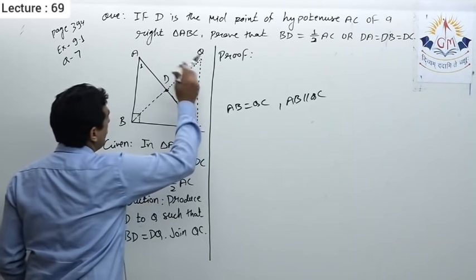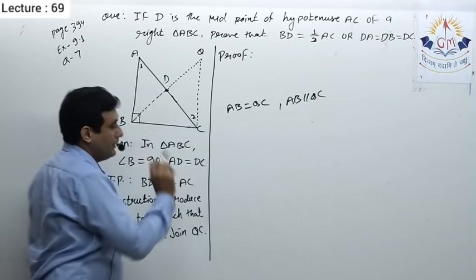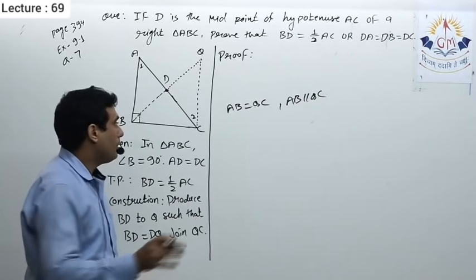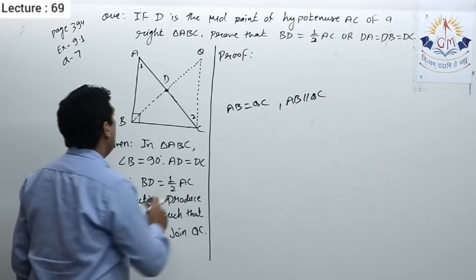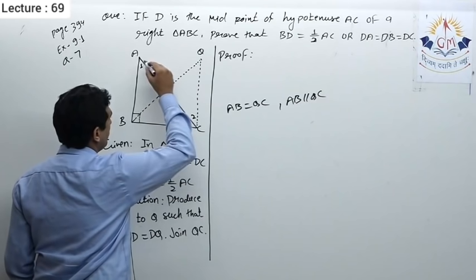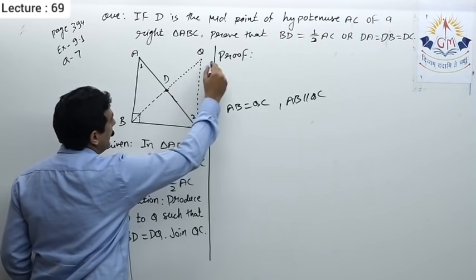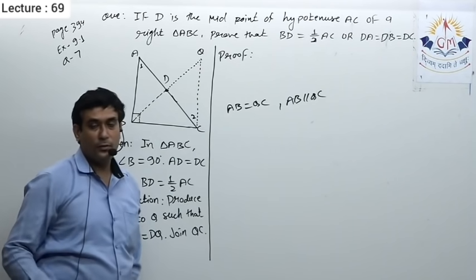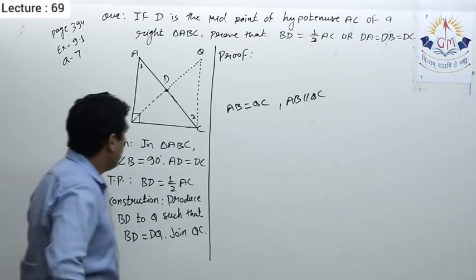As soon as we say it's a parallelogram, also one angle is 90 degrees. A parallelogram in which one angle is 90 degrees is called a rectangle, and in a rectangle diagonals are equal and bisect each other. So I can say AC equal to BQ. So half of AC will be half of BQ, and half of BQ is BD. Okay, so that way we can prove this. This is the one way.